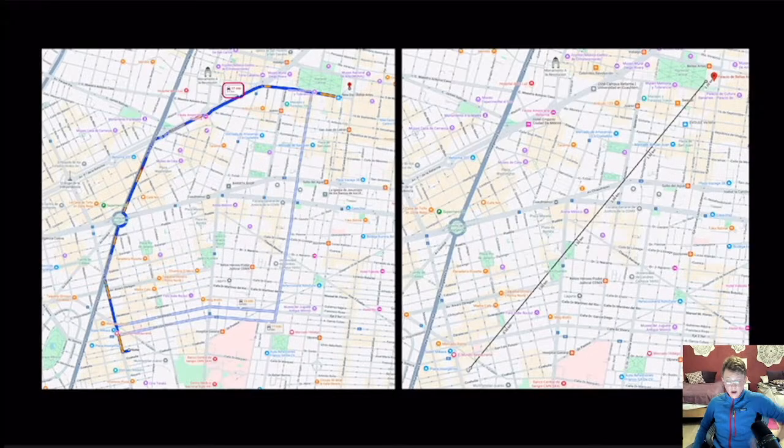Now, our first distinction is going to be between what we call distance, and that's what we're seeing over on this left-hand side. This is distance. This is the actual route that you took and how long in meters, or in this case kilometers, that thing is. Displacement is the other side of this. And displacement is that you start and finish. So you're at this X point, and where did you end